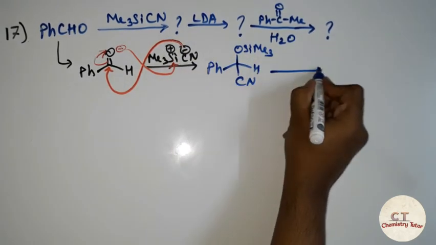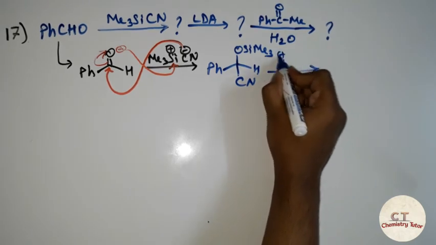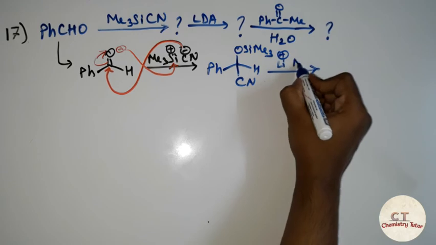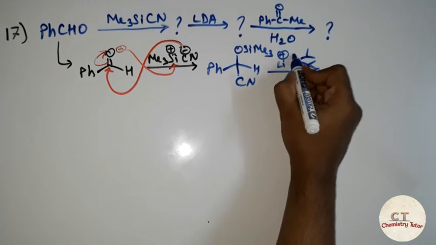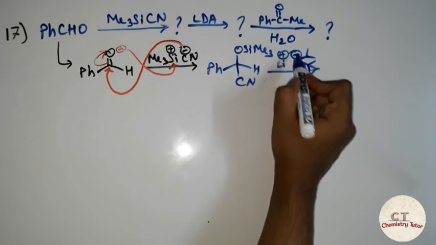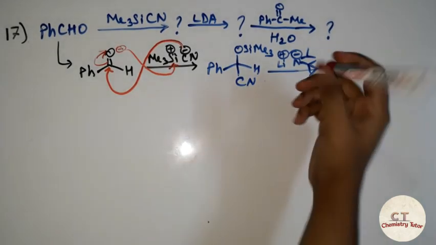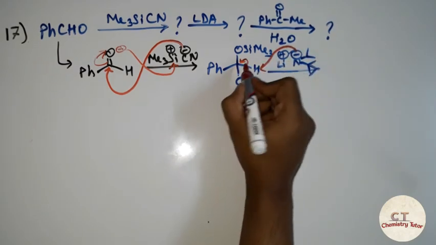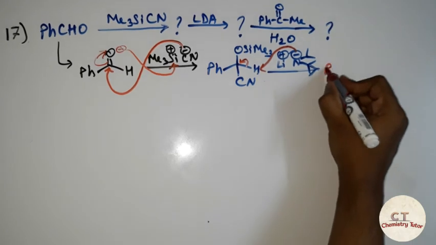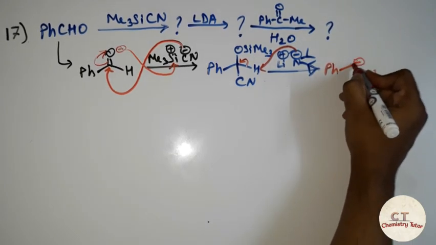Then in the next step, LDA is given. What is LDA? It is a non-nucleophilic base. Its structure is lithium diisopropylamide. This is N minus, so it is a base. Next, this negative charge is going to abstract this proton, and a negative charge will develop here. We are going to get cyanide, negative charge,